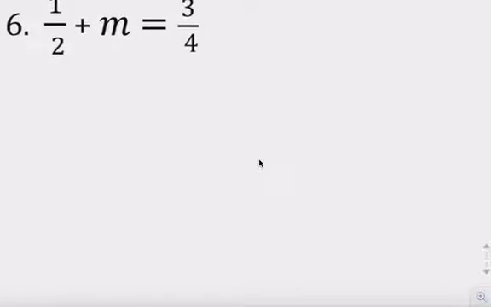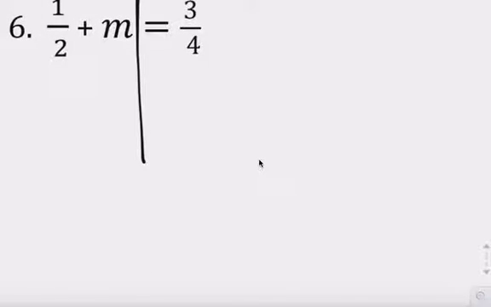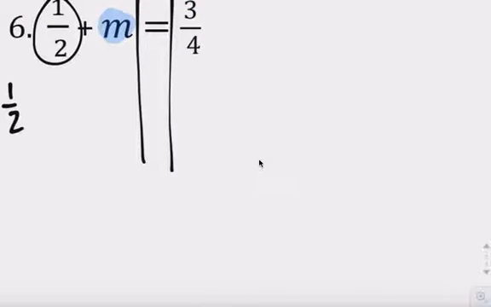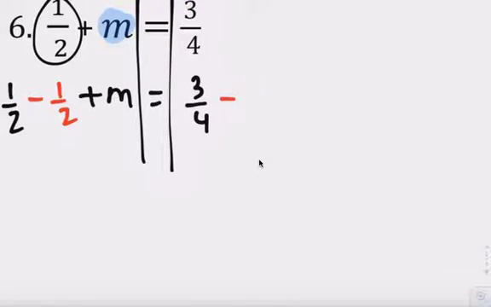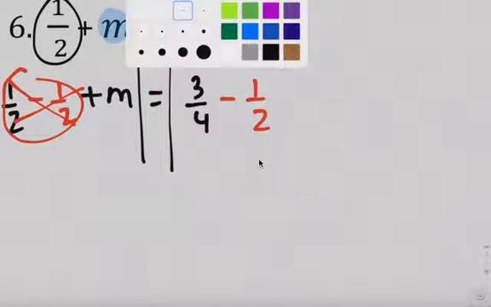Number 6. Always look for the letter side. The variable is here. You need to make the half equal to 0. So this 1/2 here. How do we make that equal to 0? We minus a half plus the m that's there. If you minus 1/2 to this side, you need to minus 1/2 to the other side. So 3 over 4, you need to also minus a half. That makes 0. Half left, m